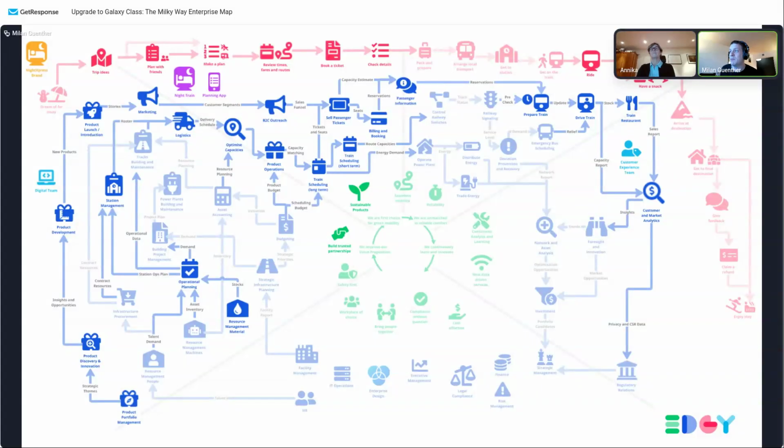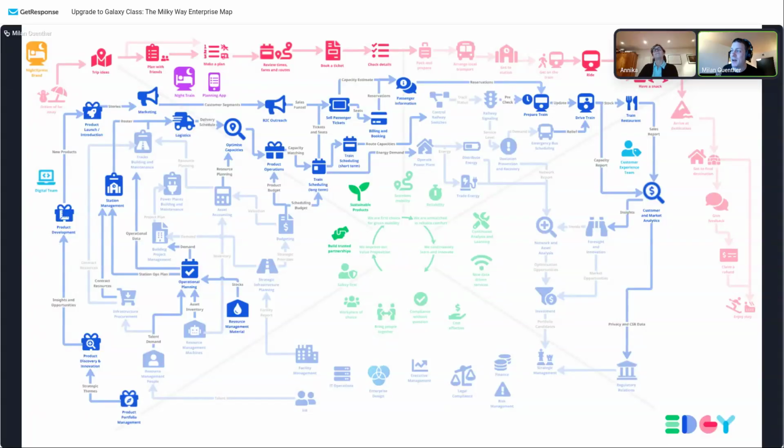If you use Google Maps, here we can plot: we introduce a new brand called Night Express, which is delivering a product called Night Train. What do we need to do to make this happen? In this case, one specific question is that we want to get a specific meal that you pre-order for your breakfast onto the train. This involves resource management and operational planning. We have to design this product. We have to find local partnerships, which is a purpose here, to build trusted partnerships. We want it to be sustainable. What do we need to do? What capabilities are involved? What journey steps are involved? And which other things do we